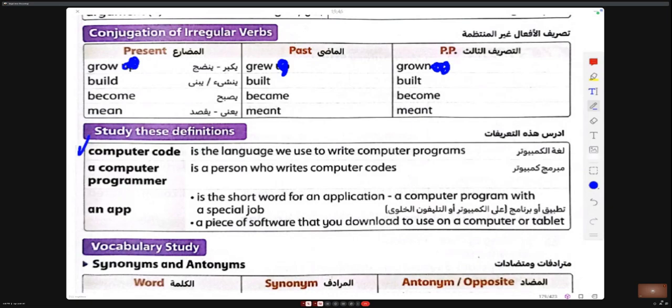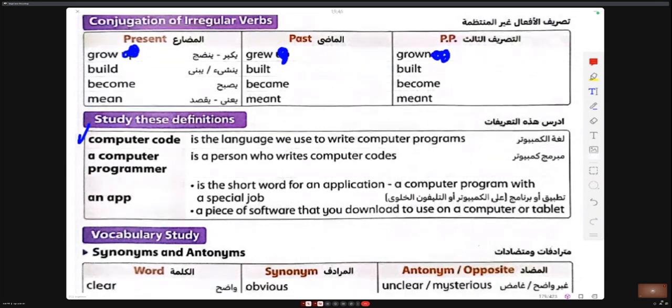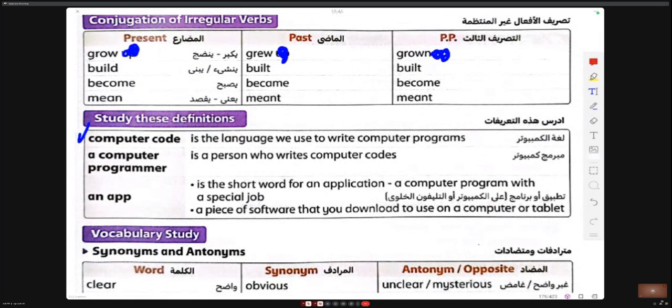Study these definitions. Computer code is the language we use to write computer programs. A computer programmer is a person who writes computer code. An app is the short word for an application, or a computer program with a special job, or a piece of software that you download to use on a computer or tablet.